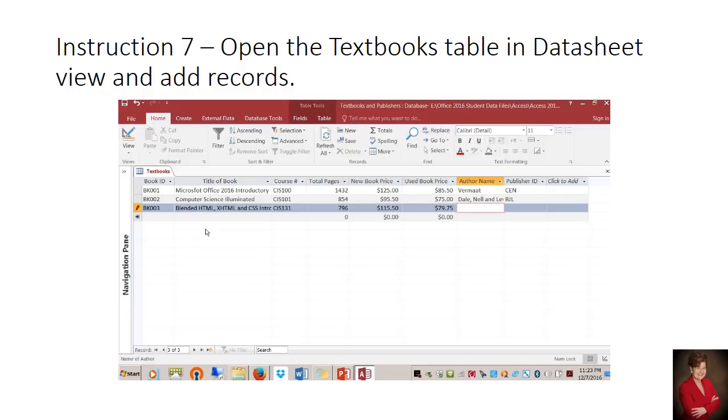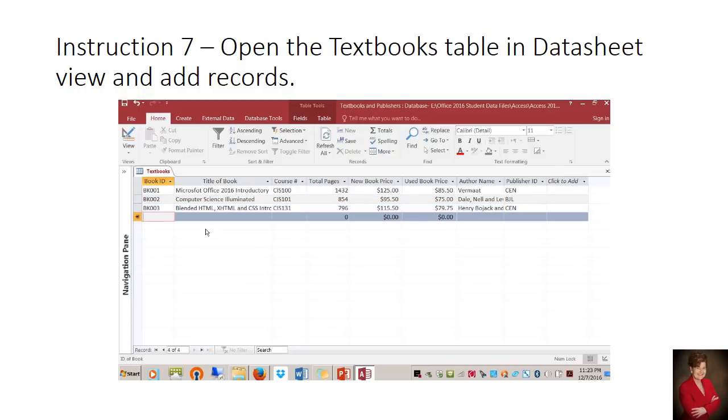79.75. It is Henry Bojack and Sharon Scholar. And it is CEN and Tab. Now we want